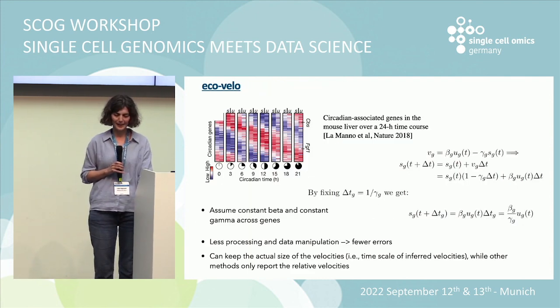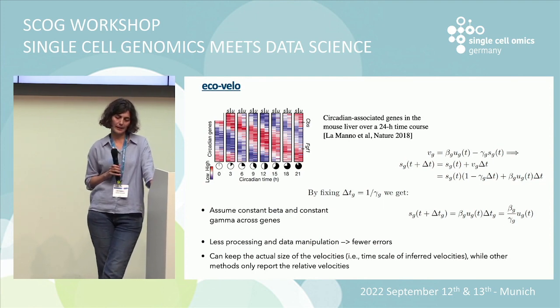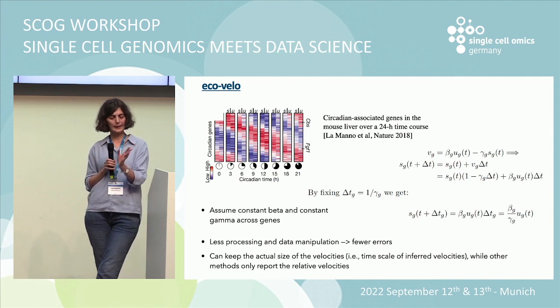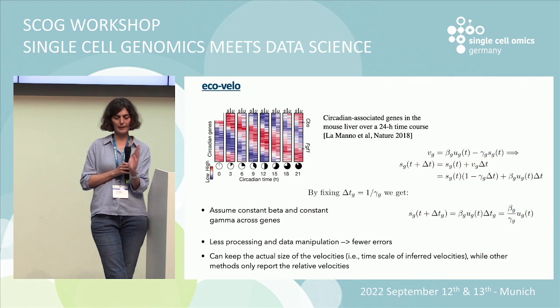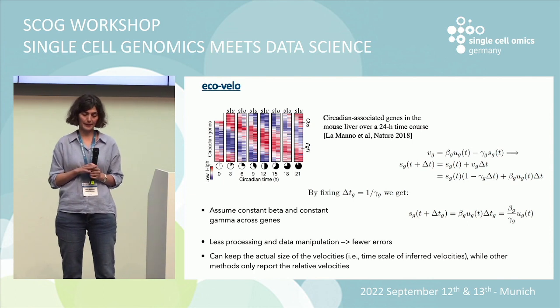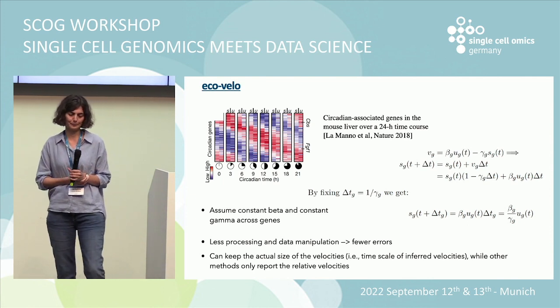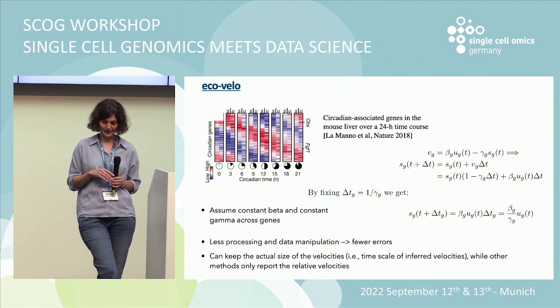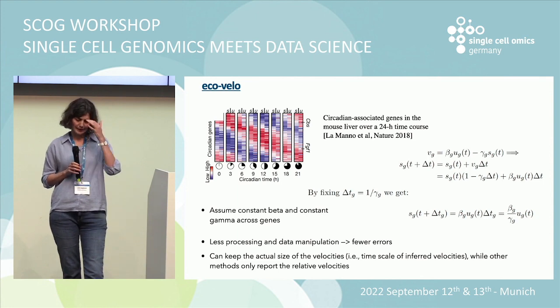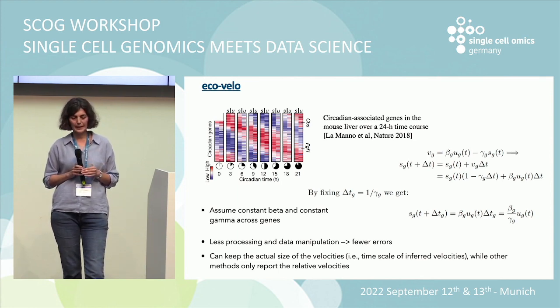Okay, I quickly also say the idea of EcoVelo. Again, it came from this experiment in the original RNA velocity paper, where they saw that unspliced counts of a particular time point are predictive, similar to the spliced counts of the next time point in a circadian gene system of mouse liver. So this was bulk data, but basically we try to